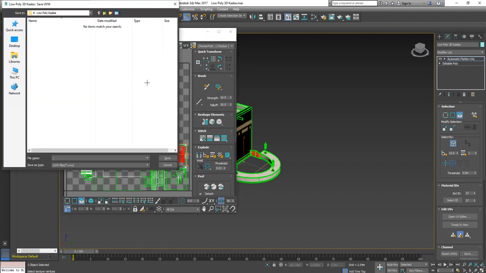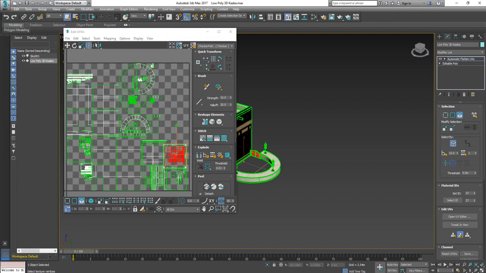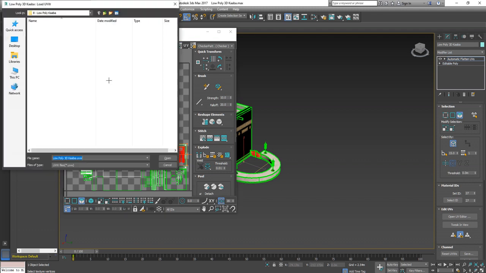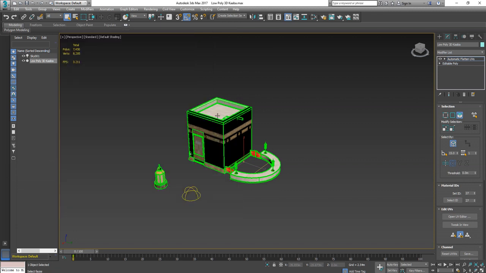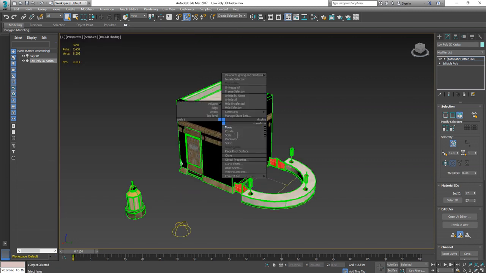We need to save it with this name, locally Kaaba, with this format. Save it, then make sure it is correctly saved. We need to load it again here. It is already loaded and it is saved correctly, so close it,